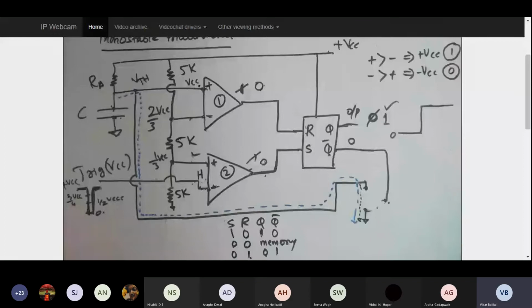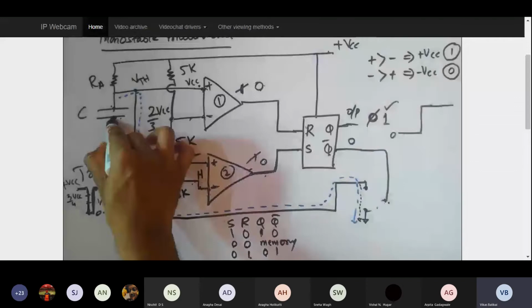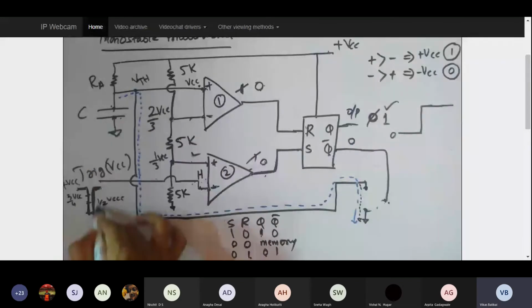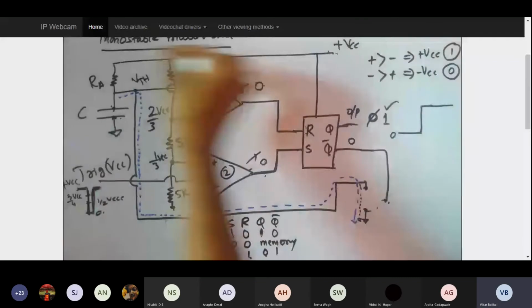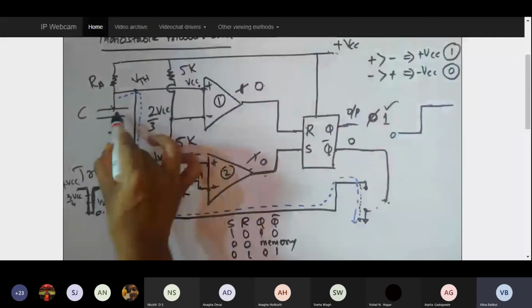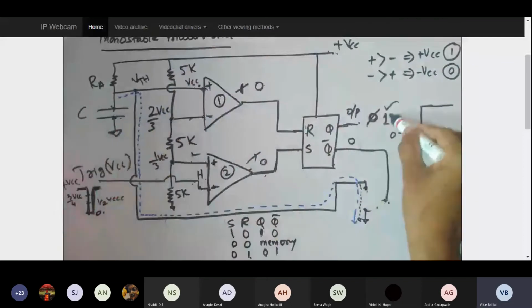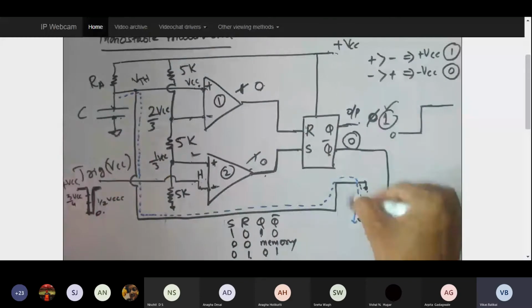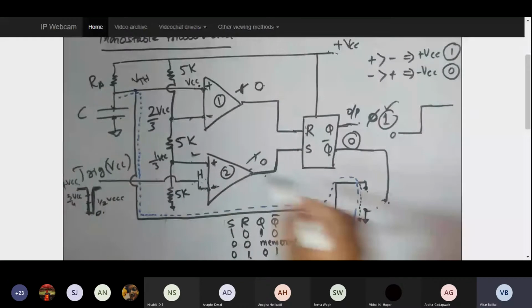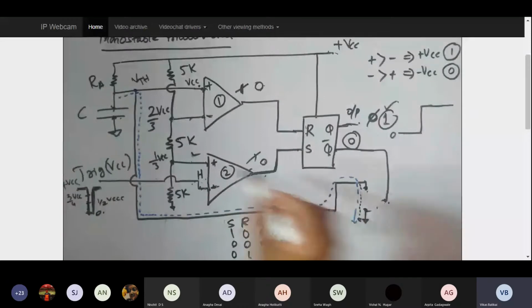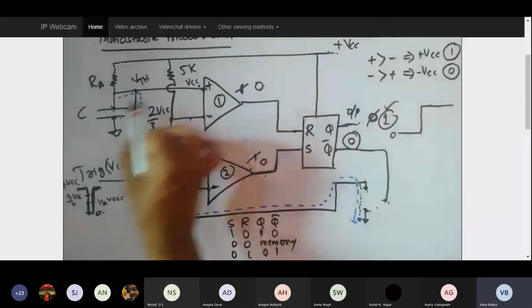So the moment this capacitor is completely charged and this VCC starts to decrease again, the VCC stops here and the charging path is taken up, because this particular transistor is off, since the previous state is retained. The previous state is 1 and 0, so this transistor is off. Since the transistor is off, the capacitor cannot discharge from here. The only path left for the capacitor is to go to this non-inverting terminal. So my entire potential stored in the capacitor enters the positive terminal of comparator 1.